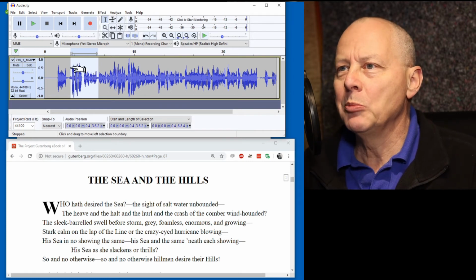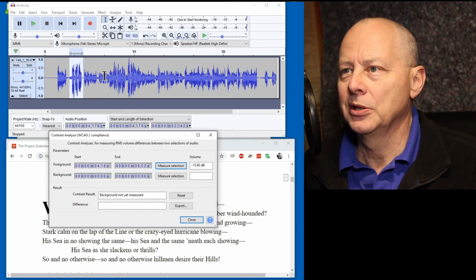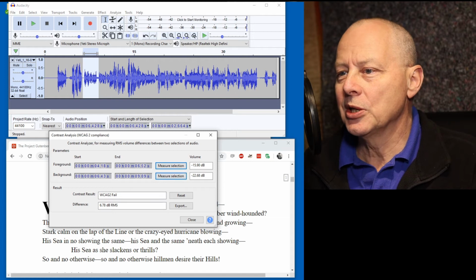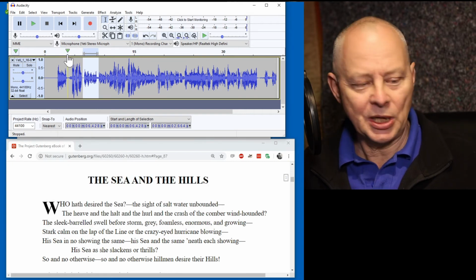And in fact, if we measure them with the Analyze tool, Analyze Contrast, Measure Selection, Measure Selection, you can see the difference is now 7 dBs. Previously it was 13 dBs. If we listen to these again,